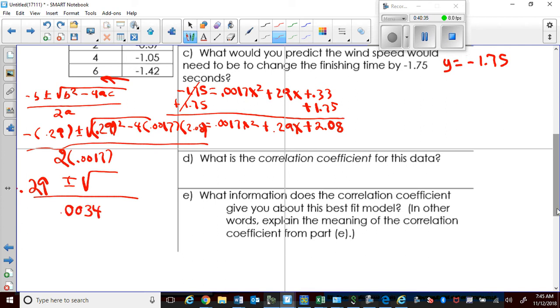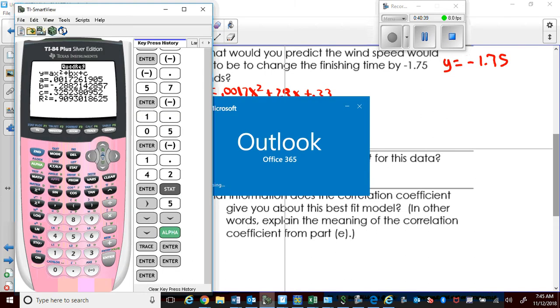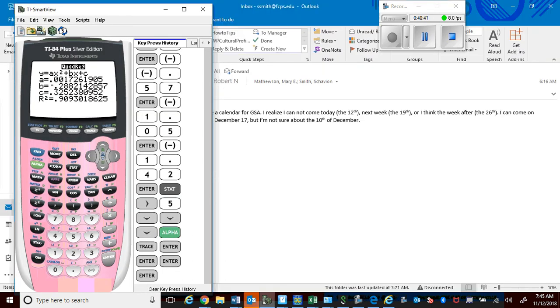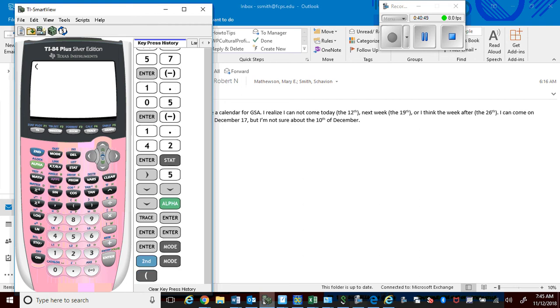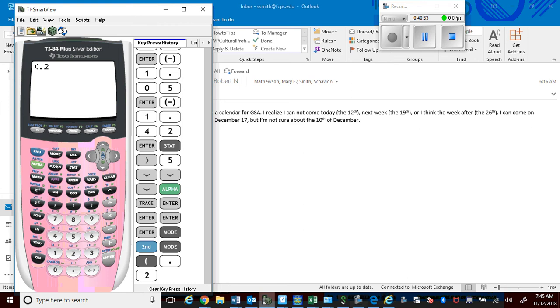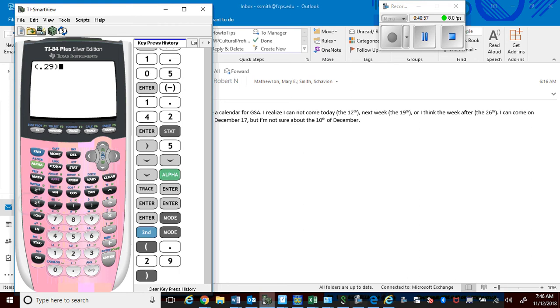So let's get the number inside of the radical. Number inside the radical, press second mode here, and I get parentheses 0.29, close parentheses squared